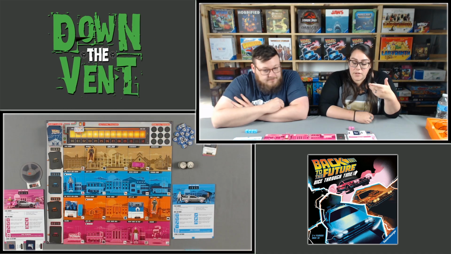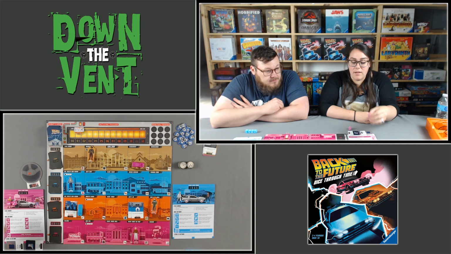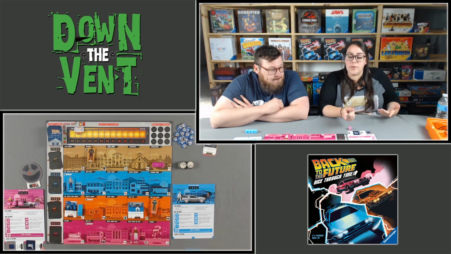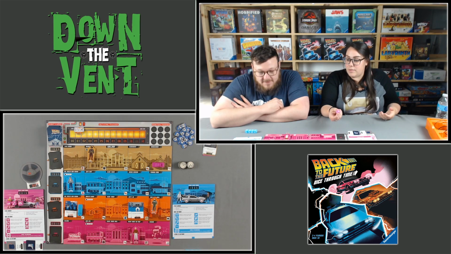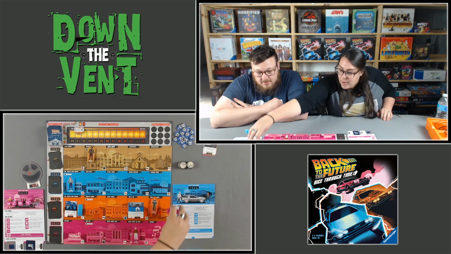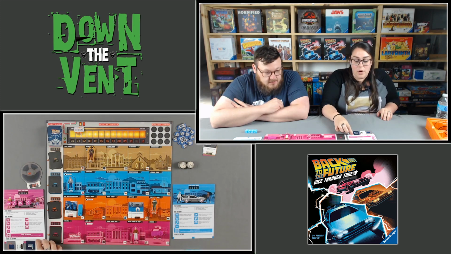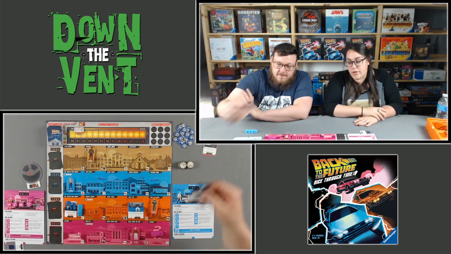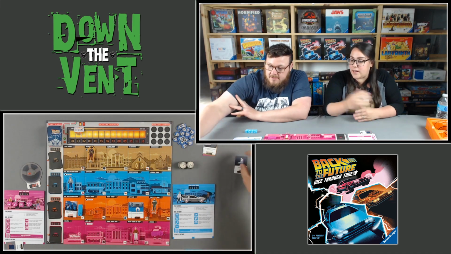But I don't have paradox tokens, so I'm going to discard Doc Brown and move over to the schoolhouse, which is useless, except for my Flux Capacitor, which allows me to go anywhere through time, and I'm going to have it bring me way down here to the Skyway, which is where I need to return the power laces to, and since there's no Biff for an event, I can turn that in and get...